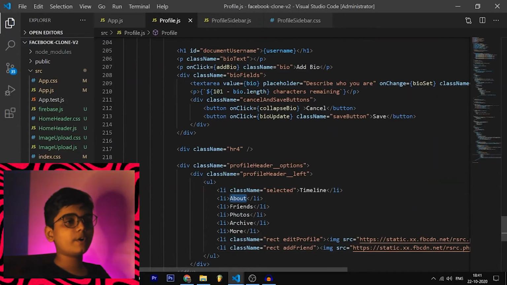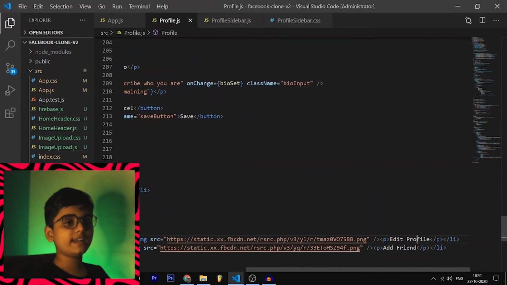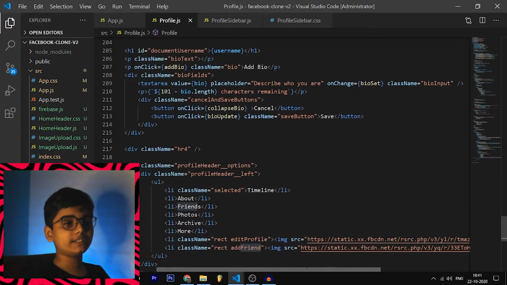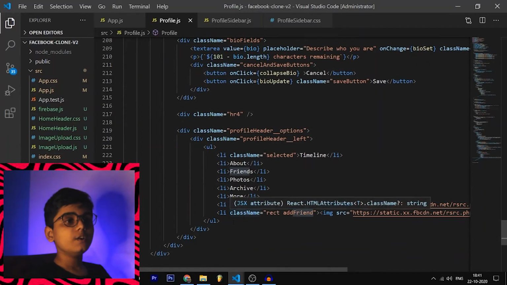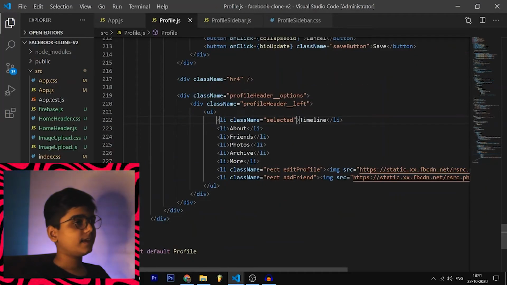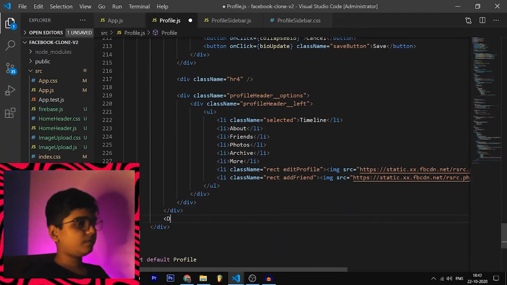First of all, we have the About, the Friends, the Photos, the Archive, the More, and we also have the Edit Profile and the Add Friend. These do not work, they are just for application purposes, but these are the li tags. And after profile header left is completed, we are done with profile header options, and after this we have